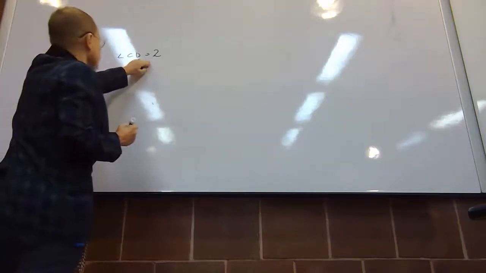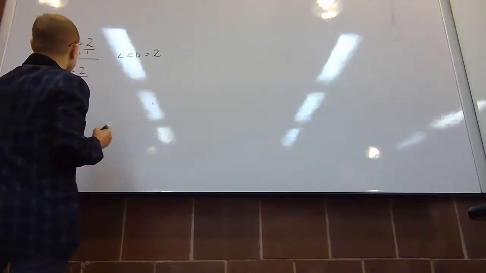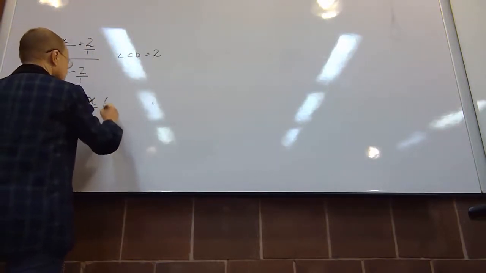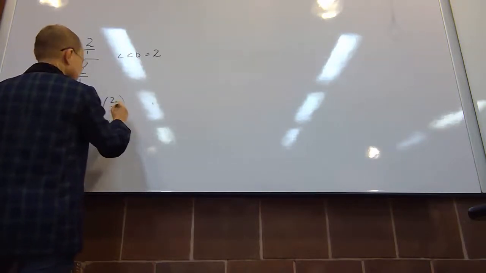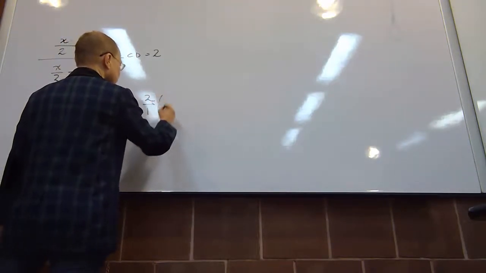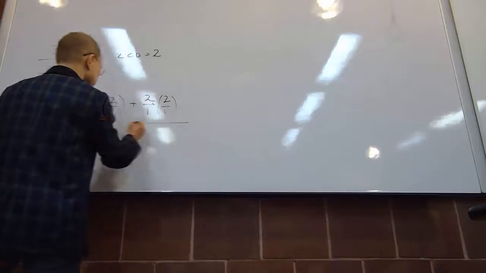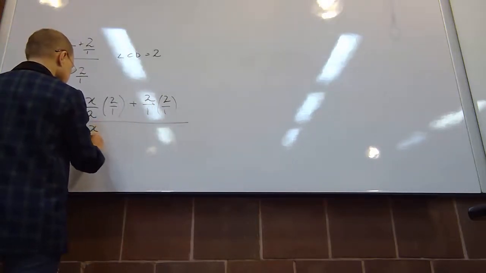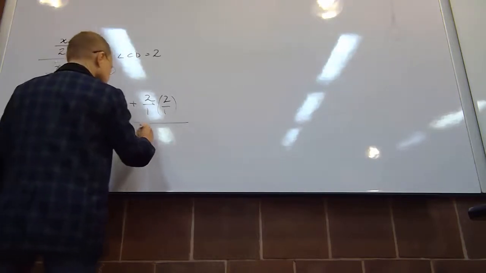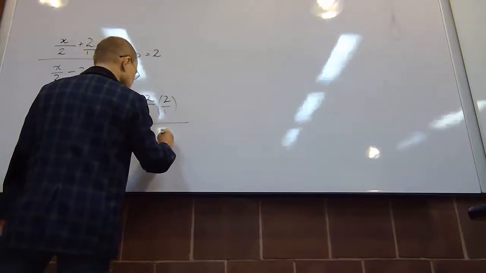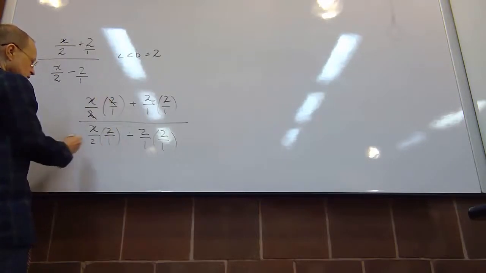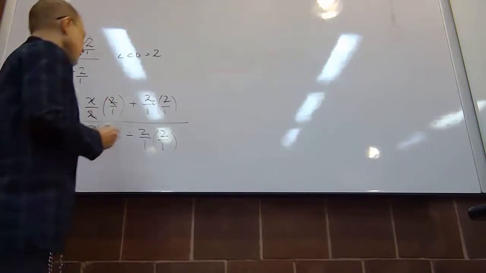And now I'm going to multiply each of these parts by 2. So I get x over 2 times 2 over 1. And as I said, I put the 1 here for tidiness so I don't confuse things. 2 over 1 times 2 over 1 divided by x over 2 times 2 over 1 minus 2 over 1, 2 over 1. So here I cancel out the 2's, here I cancel out the 2's, and now I rewrite this as